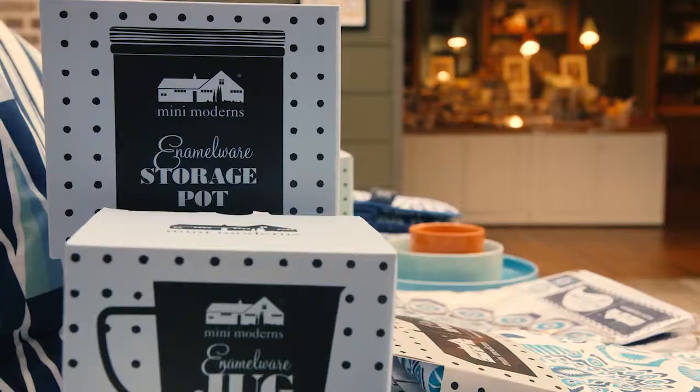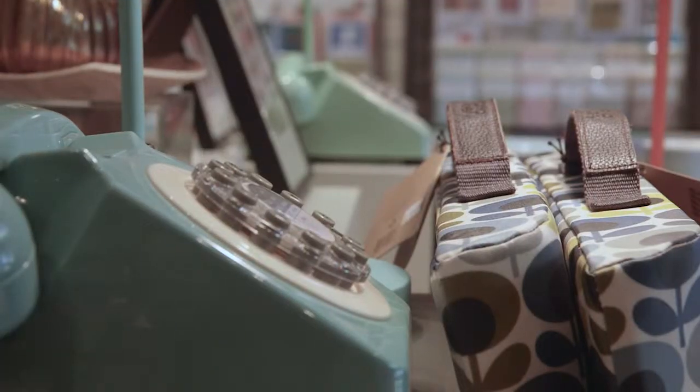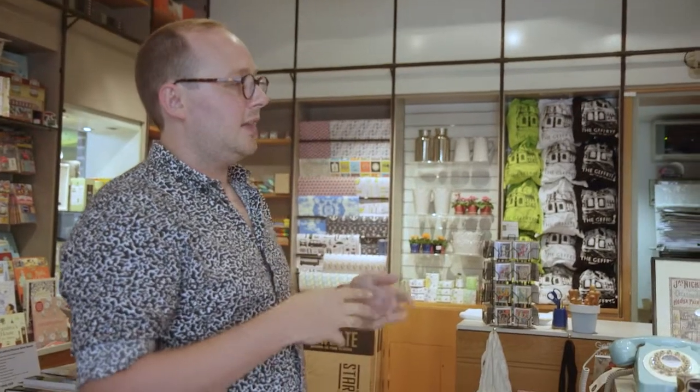But for example, one of our failures that we tried was to do some furniture retailing. So we worked with a partner to bring in some 1950s mid-century furniture, which was actually very similar to the pieces that were exhibited in our 1950s, 60s living room. But there was just no interest in sales. We think in retrospect that the price points were maybe too high. Through our experiments, we've definitely learned that for higher price point items, there needs to be a really strong story